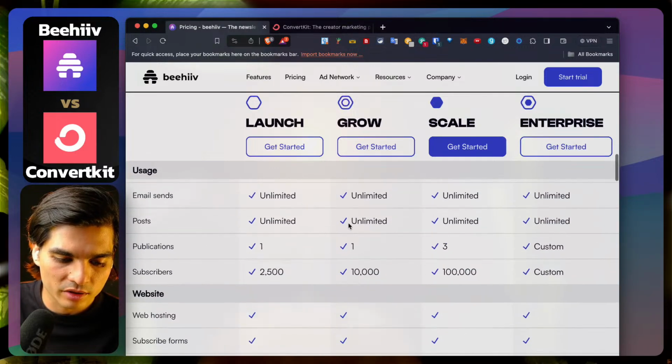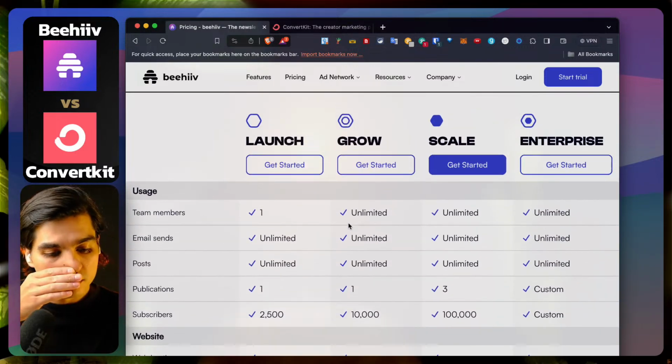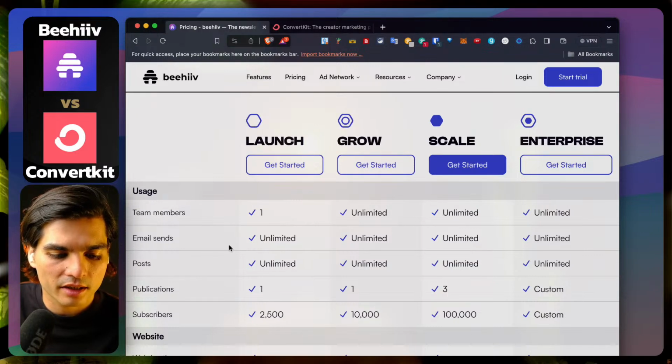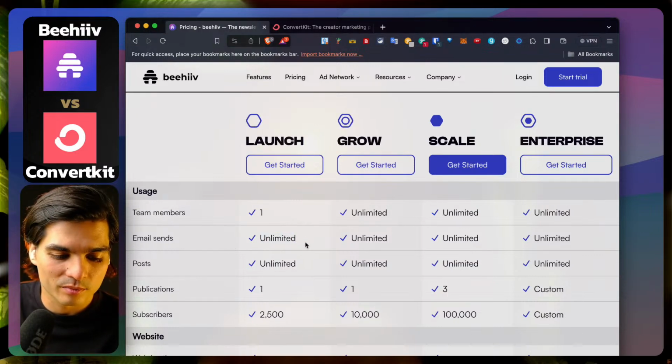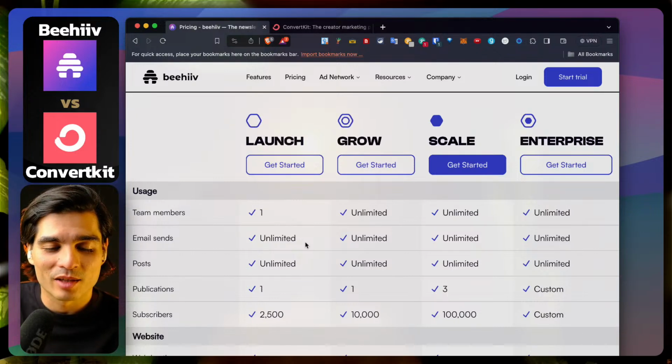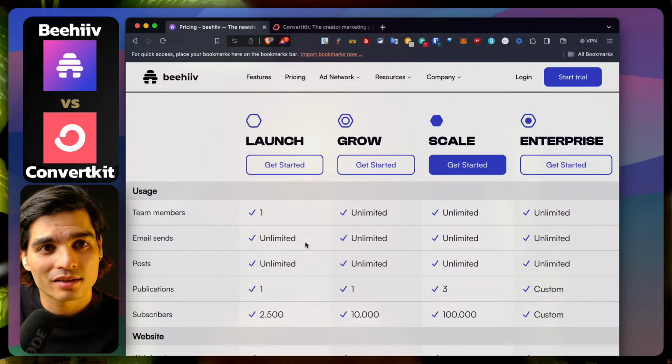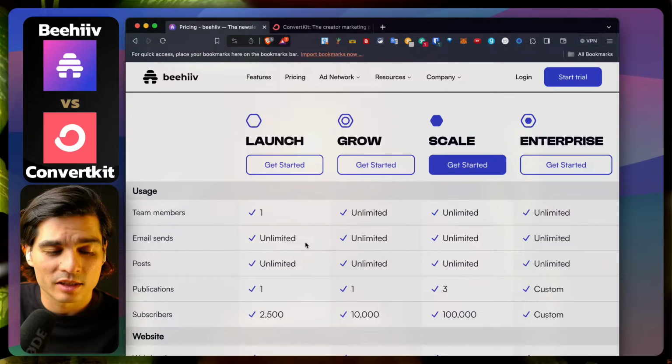And here's a little table that does a breakdown. What is nice is that these email service providers just allow unlimited sending. I think that's just way better. I think before, these companies used to limit how many emails you could send out, which reminds me of, you know, there was a time when